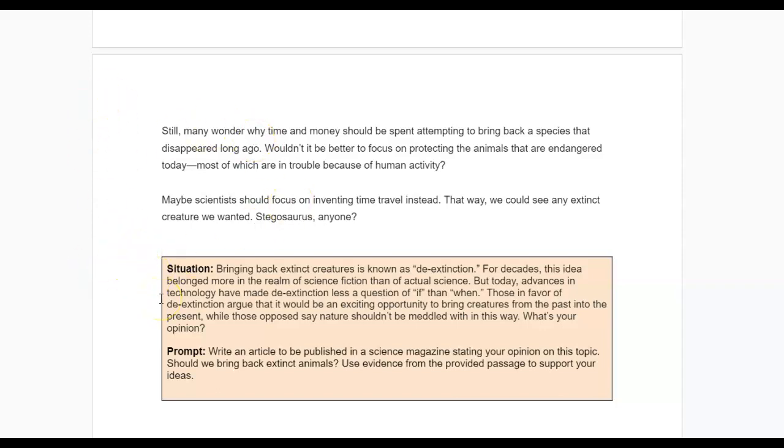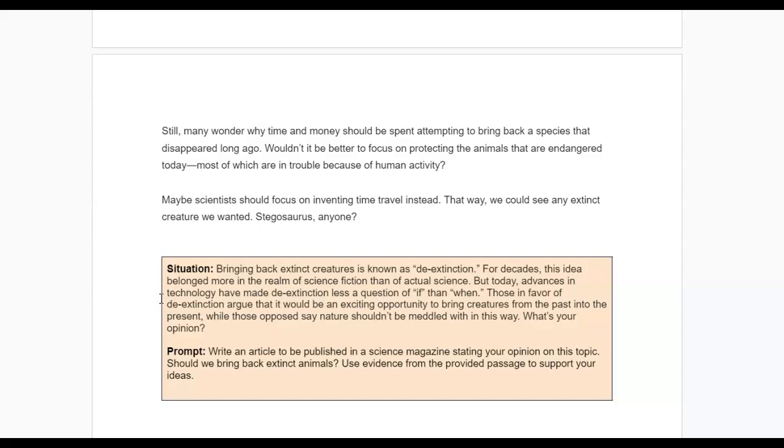So, for your assignment today, if you look at the second page that you were given, you're going to see that I have written an introduction paragraph, one body paragraph, a counter-argument paragraph, and a conclusion paragraph for this prompt. The reason that I wrote these for you is because I want to give you a reminder of what exactly a paragraph should look like, and also what should be included in each of those paragraphs. Like I said at the beginning of the video, you should also have some coloring supplies.